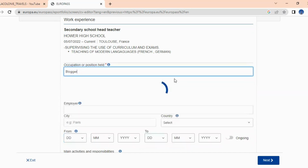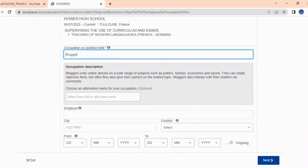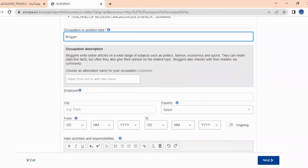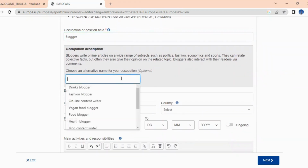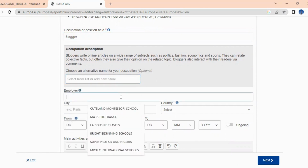So I can just say blogger. Bloggers write online articles on a wide range of subjects such as politics, fashion, economics, and sport. They can relate objective, and so on. Bloggers also interact with their readers via comments. So I can decide to choose that, leave that there, or I can decide to type depending on what I want. So I go here and say YouTube,